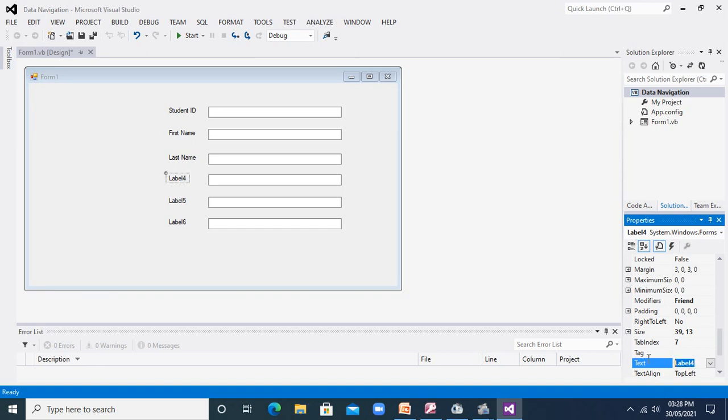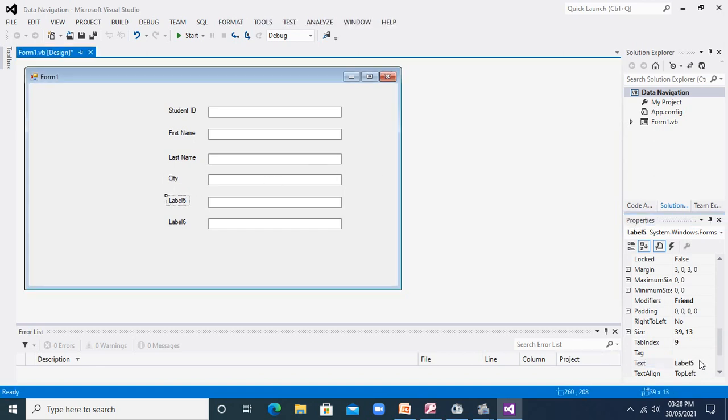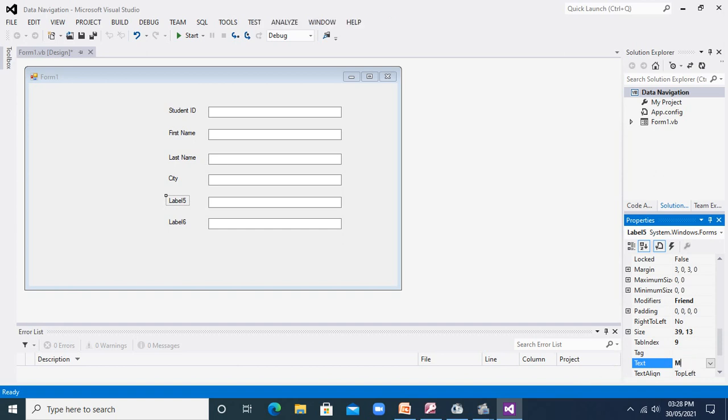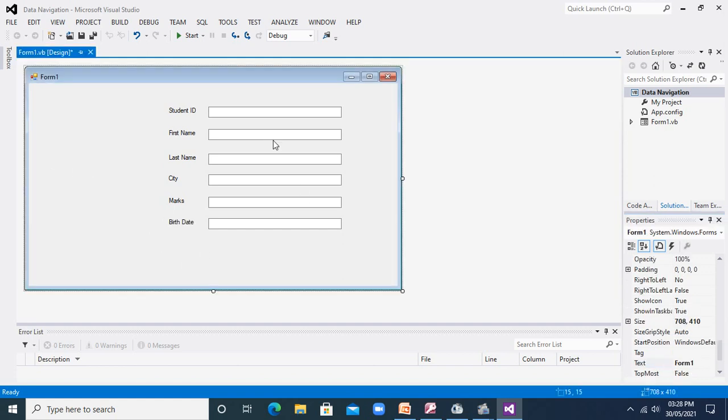So this is the next one, city, marks and birth date. So these are my table fields.